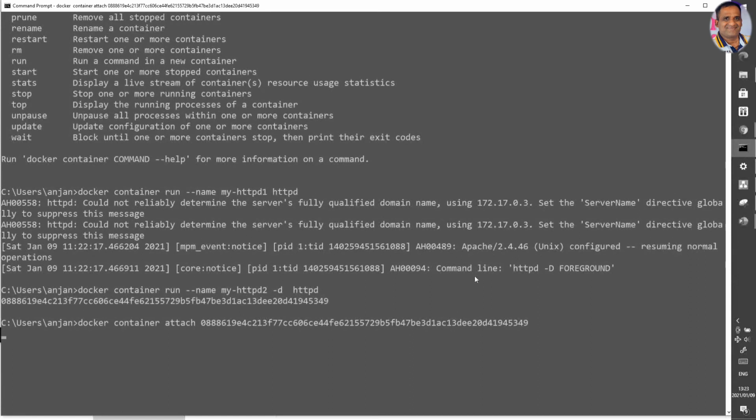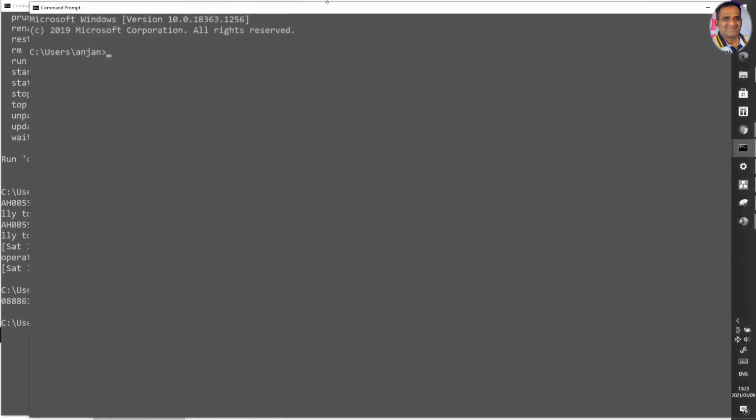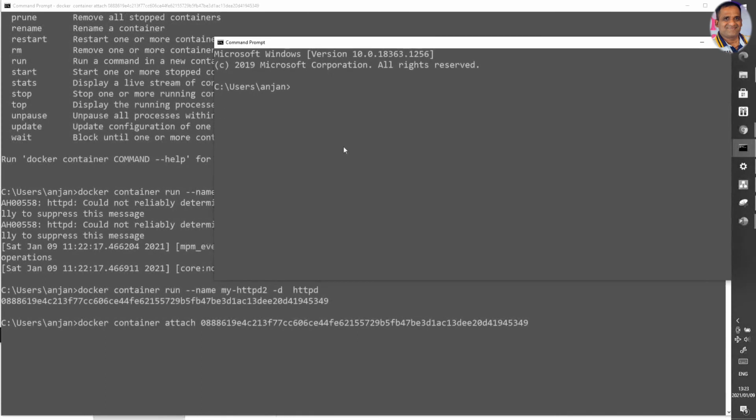To access those logs, again you have to open another command prompt and access within the container, because we haven't done the port binding. So we can do docker container exec -it, interactive terminal, this is the container ID, and then bin bash.